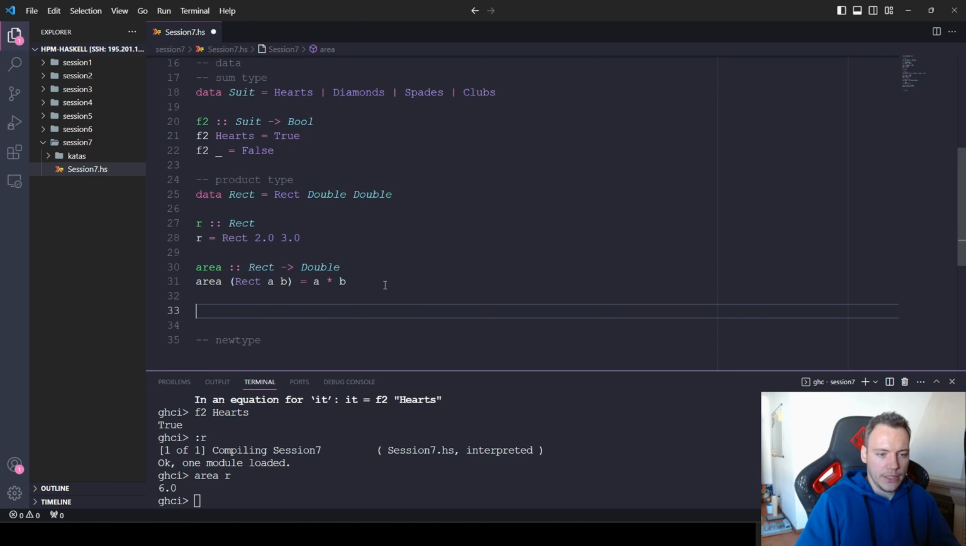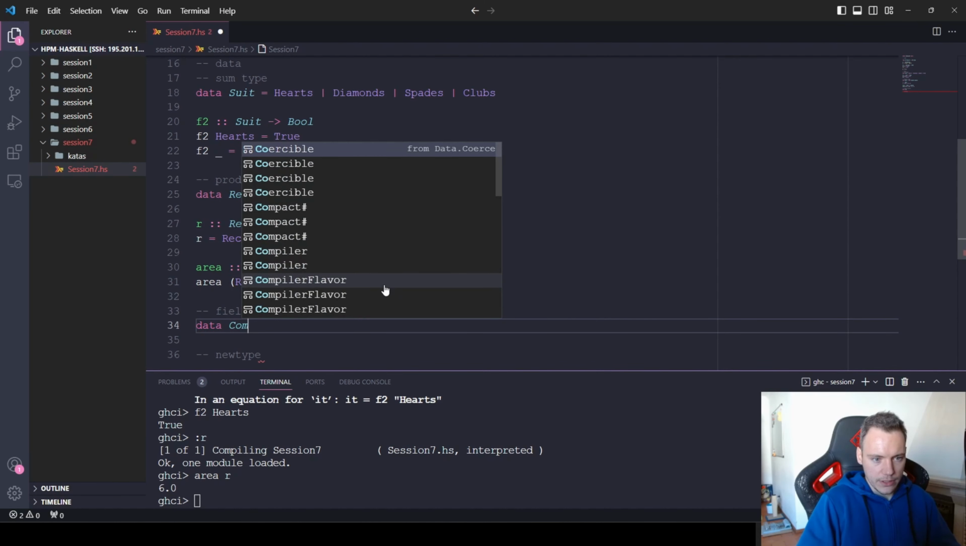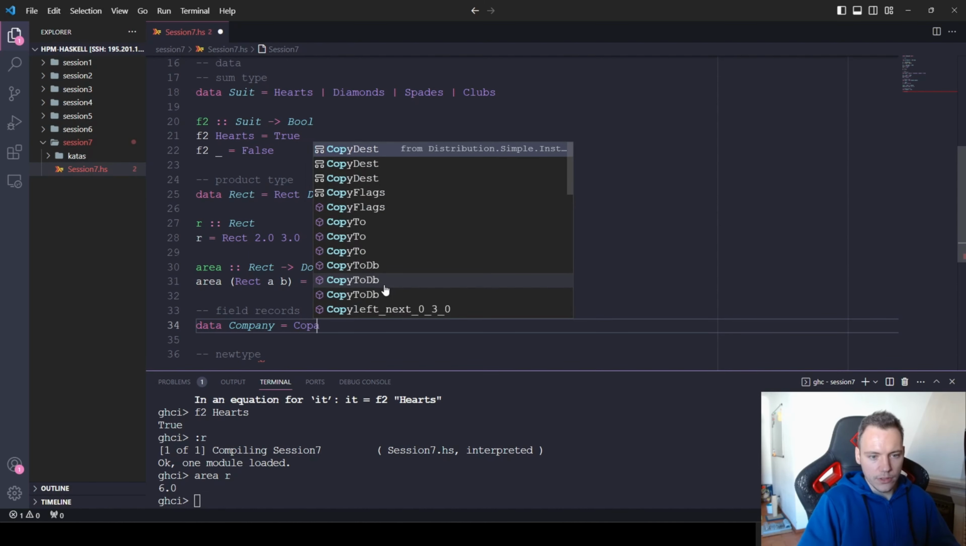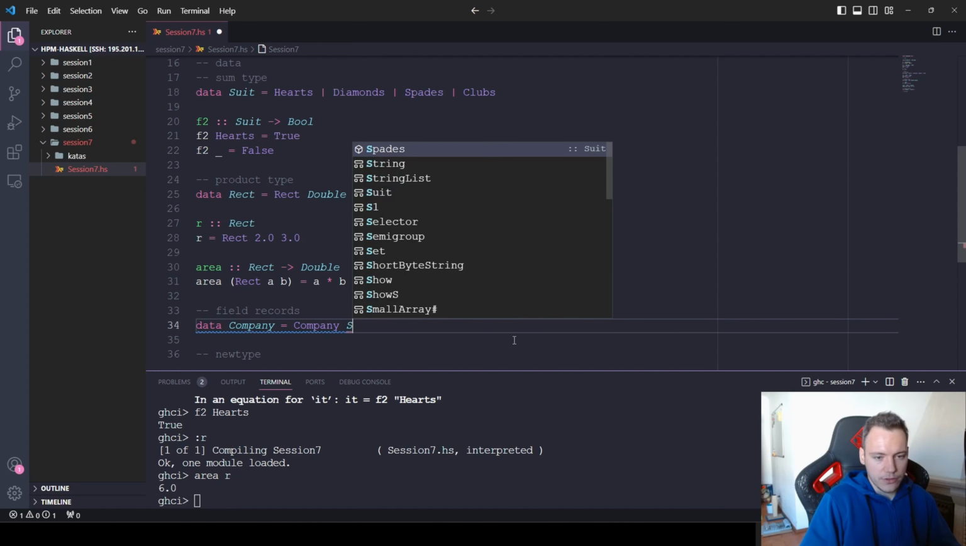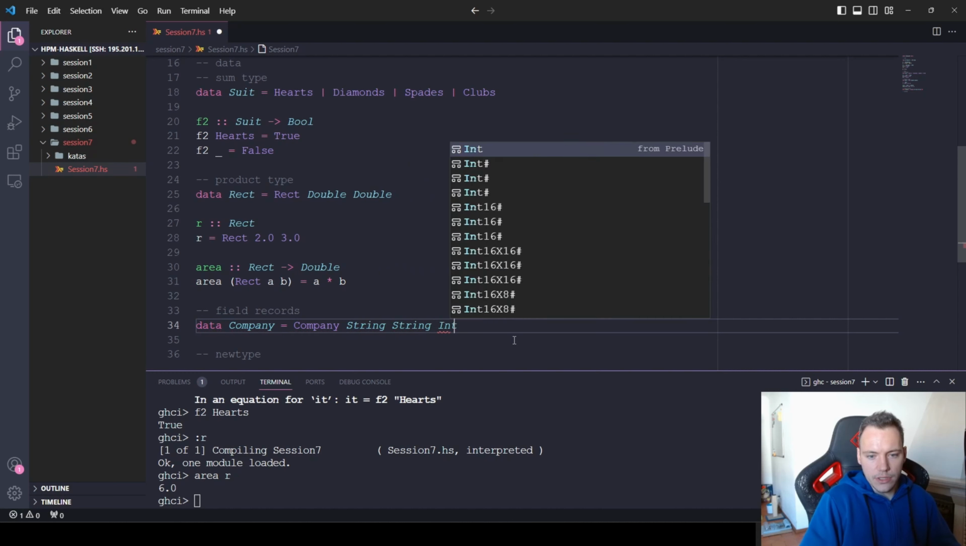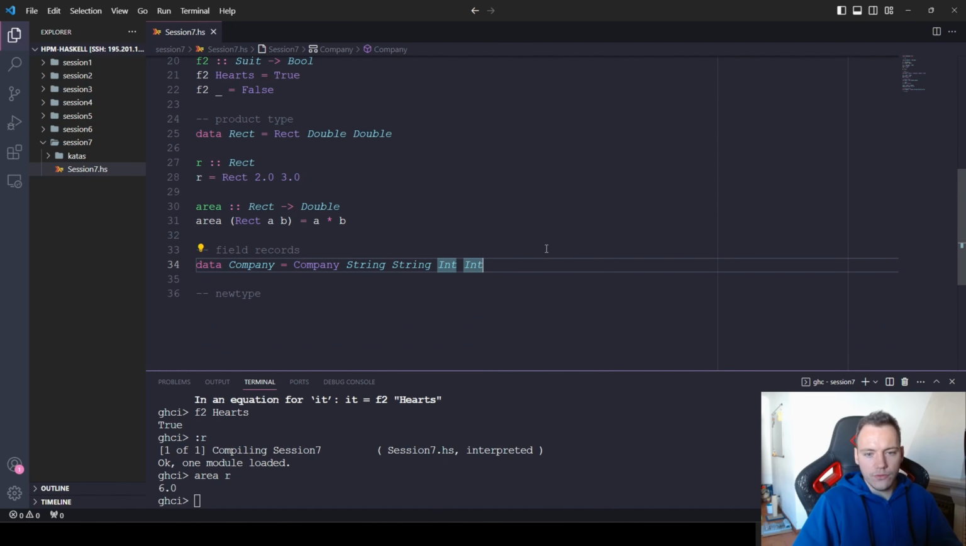The definition that we had, I'll put here field records. The definition that we had of a company was: data Company = Company, the type constructor, and the Company data constructor accepts 4 arguments, String, Int. Okay, so from this, what do we know about this type? It's supposed to represent a company, but what are its arguments for the data constructor? Not really clear, right? So we can make this